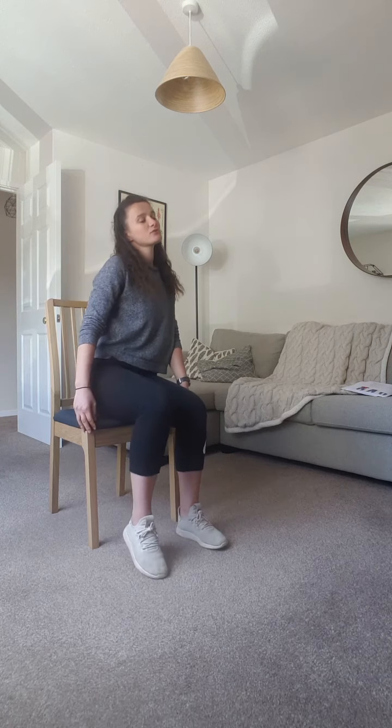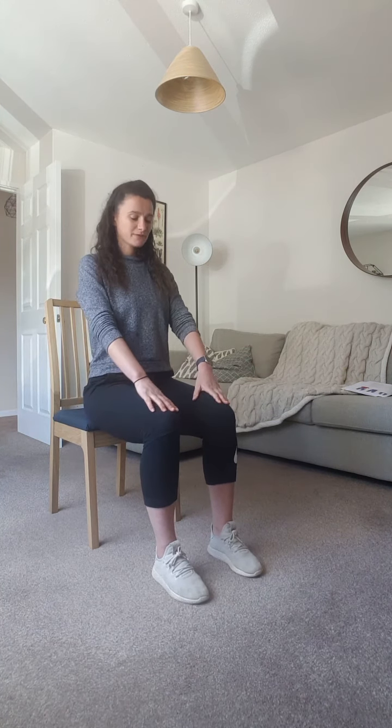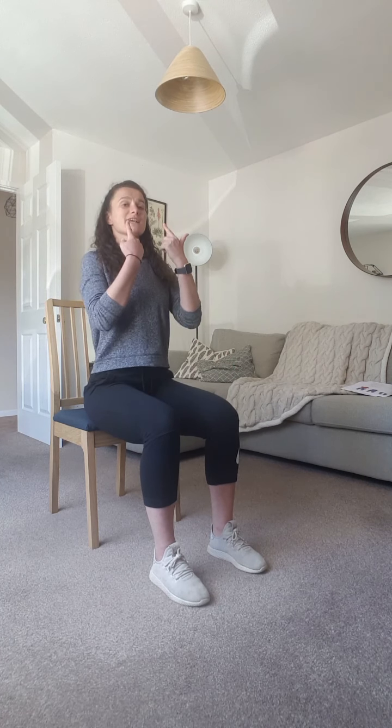We're going to bum shuffle all the way to the front of the chair so that our bum is on the edge and our legs are off. Checking those feet and checking that posture. From here, we're going to take ourselves up to a standing position. So step 1 is sliding the feet back as far as they will go while still remaining flat on the floor. You're going to lean forward slightly, hands on your legs,